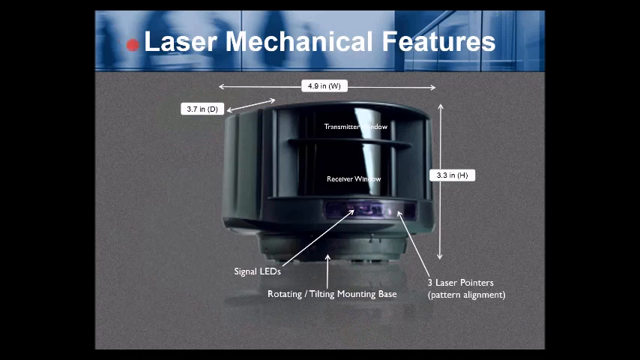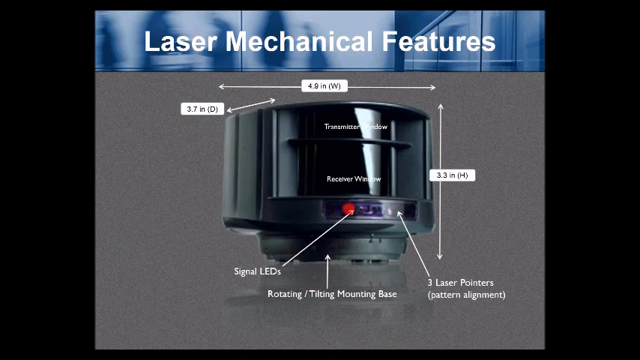Laser mechanical features, dimensions, just stated. The width, 4.9 inches. The depth, or thickness, 3.7 inches. And the overall height, 3.3 inches tall. In this area here, signaling LEDs will be the power LED and the 2 relay LEDs that you'll see come